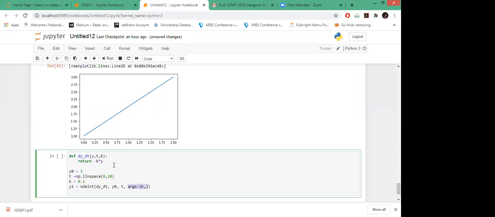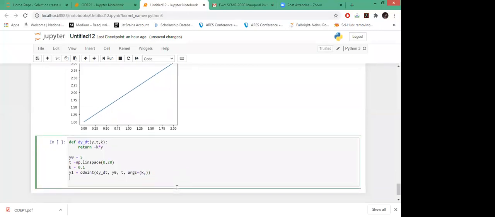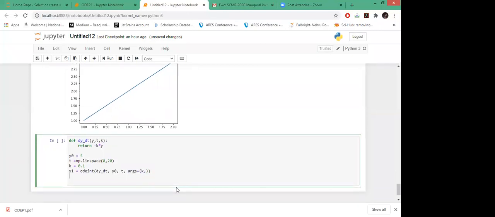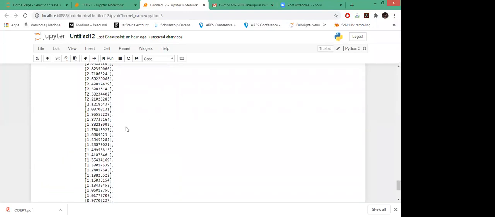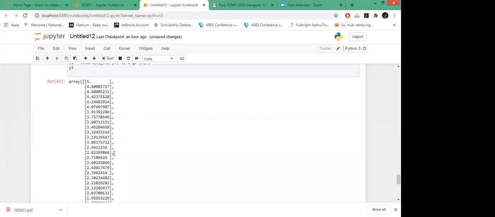So if there are more than one, in this also you can pass them with different entries, I mean with different columns. Okay, this is your first parameter and then your output, and let's see what it is. Okay, again this is showing us the values in array form.